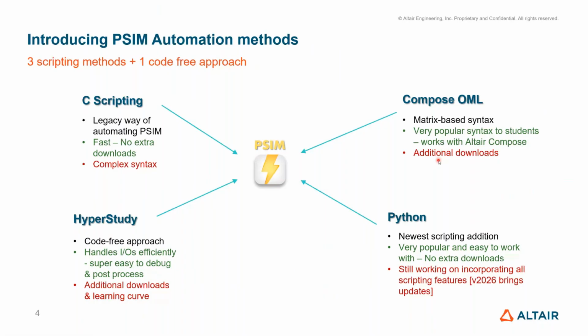Then we have Python. Python is the newest scripting addition to automating PSIM. It's very popular, obviously. It's very easy to work with. Everyone knows about Python. There is no need to download an extra tool or something. You still have to download Python, though. Let me say that if you download the Altair HyperWorks portfolio tools like HyperStudy, Python will automatically be downloaded. So for example, if you already have HyperStudy installed on your machine, you don't have to go and re-download Python